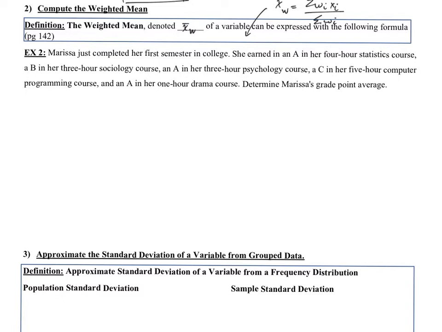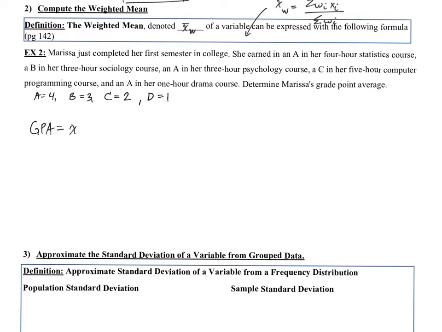Alright, so what we're going to do is assign point values to each grade. Let an A equal 4 points, B is 3, C is 2, and a D is 1. We don't actually have a D, so we don't need that. And the number of credit hours for each course determines the weight for each course. So a 5-hour course gets a weight of 5, which is often how your grade point average is calculated. So her GPA